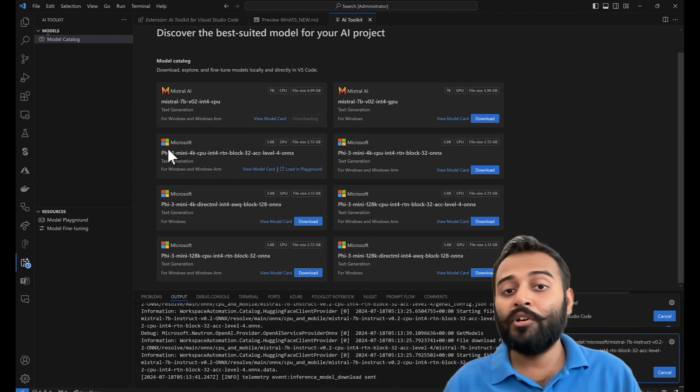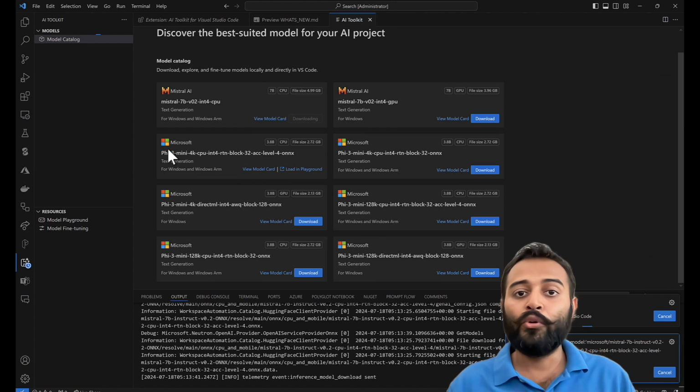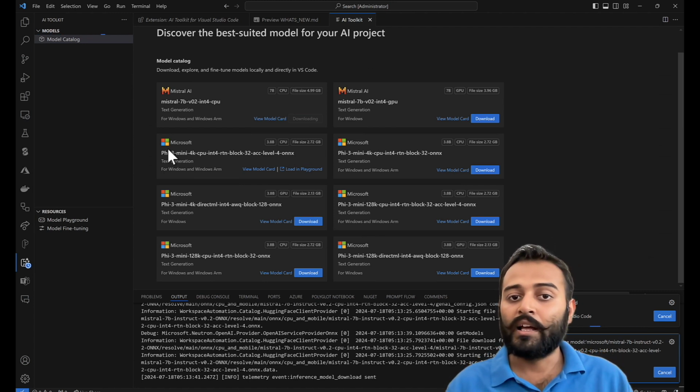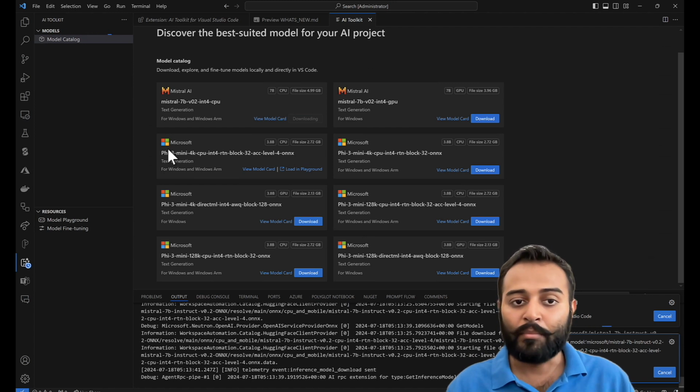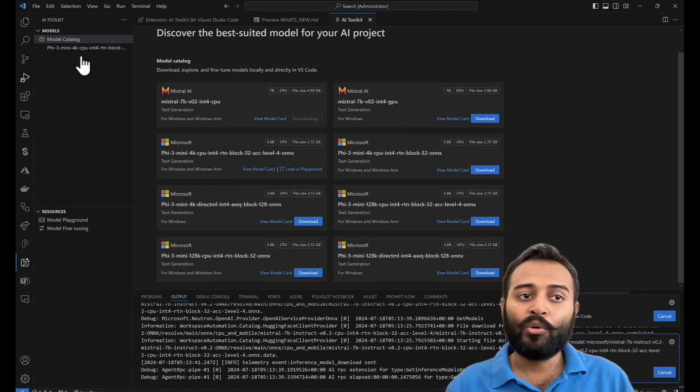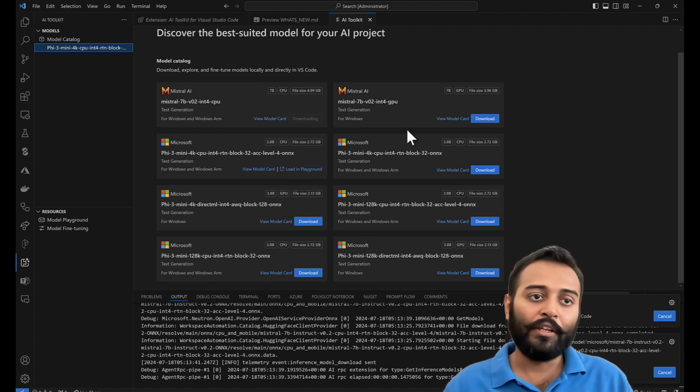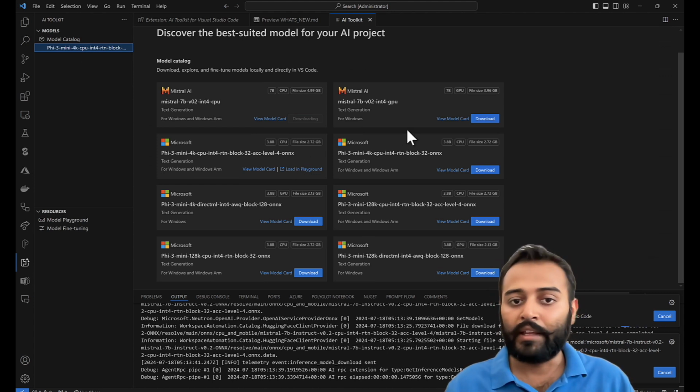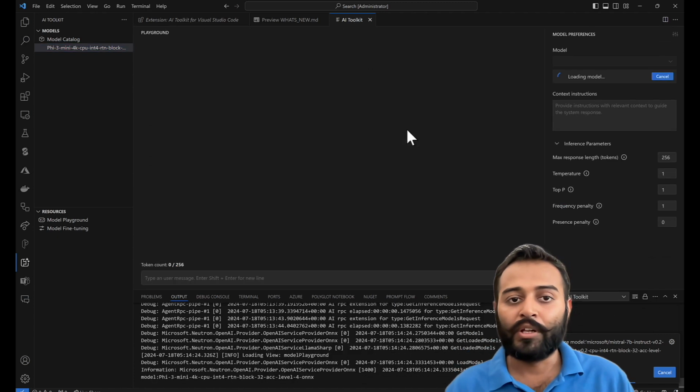The good part about the playground on VS Code is that it remembers your context. It remembers what was the last message that was sent and it replies based on that. So you have that capability inbuilt, and there is no token limit. You can have the token limit and you can adjust them, increase it, decrease it based on your requirement.